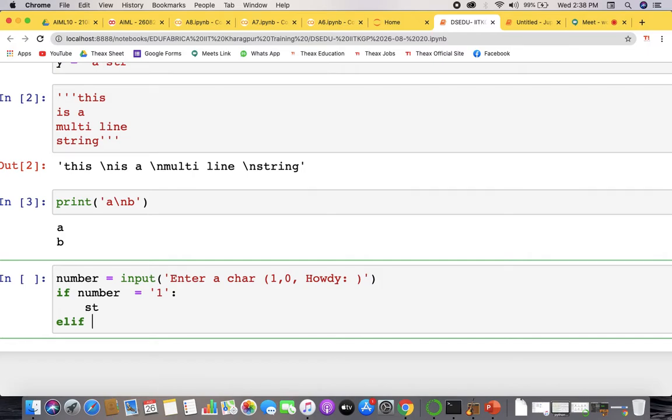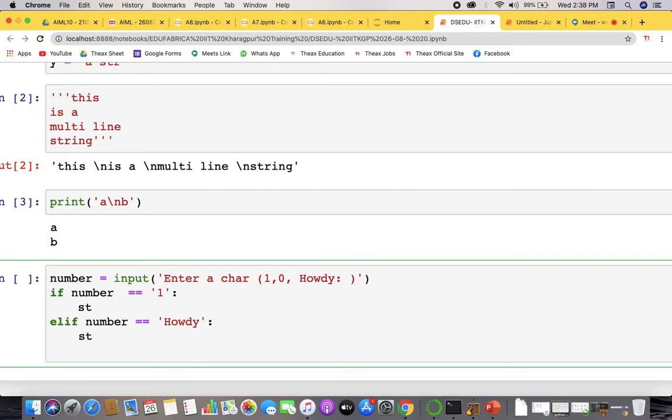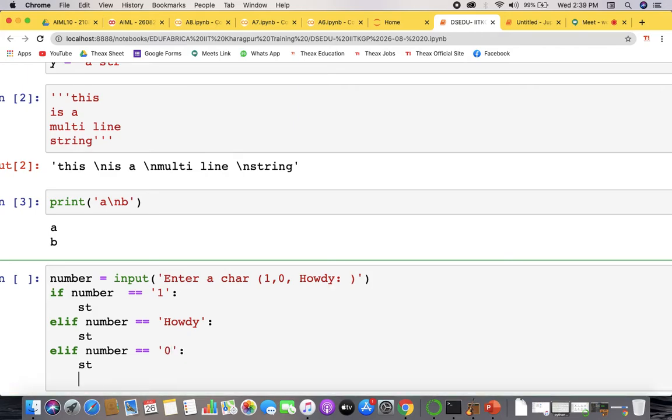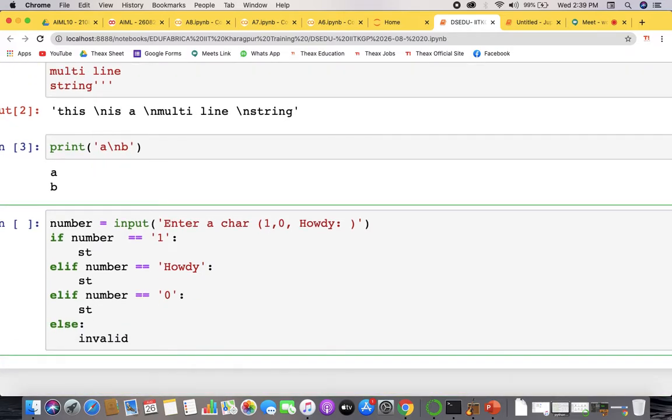Elif the number equals 40, print the respective statement again, and if the number equals 0, print the statement there, and for everything else, print invalid input. That is how you can run this program. Clear?